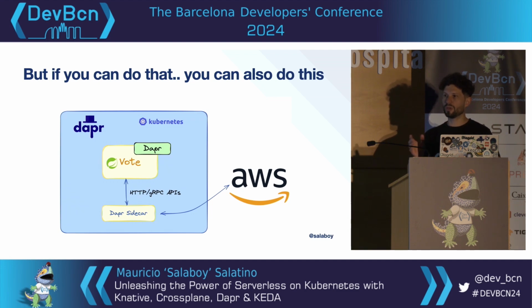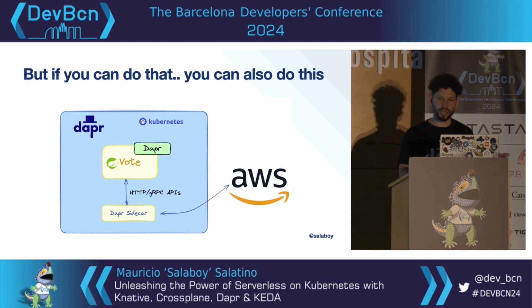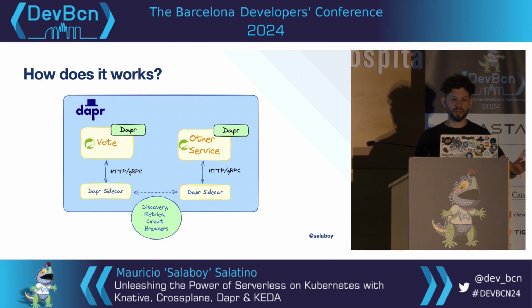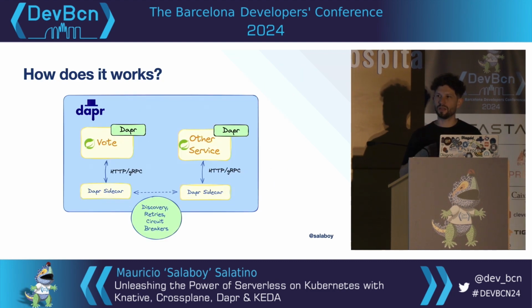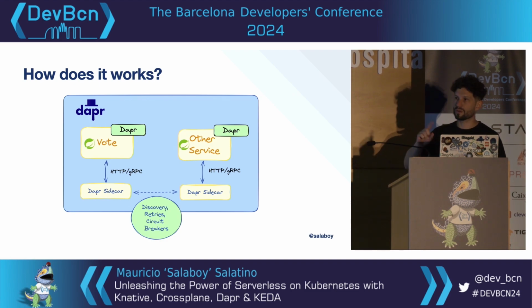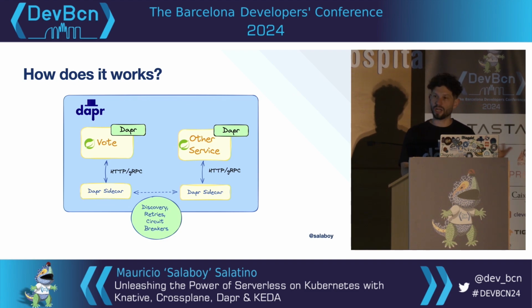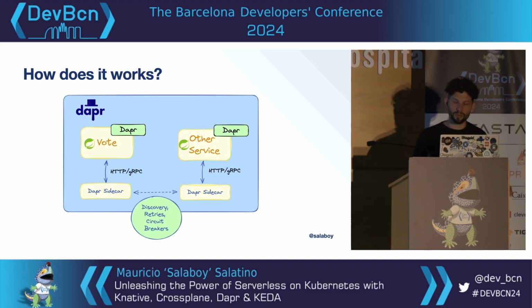It's not that you're going to be moving your applications from one cloud provider to another, but think about running your application locally with local infrastructure and then moving into the cloud with managed services. The API is the same. And because we have sidecars, every time you have sidecars, you can do a bunch of things, as I mentioned before: service-to-service invocations, discovery, but also retries, circuit breakers, and a bunch of other things.